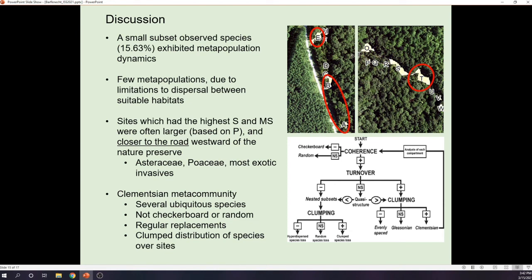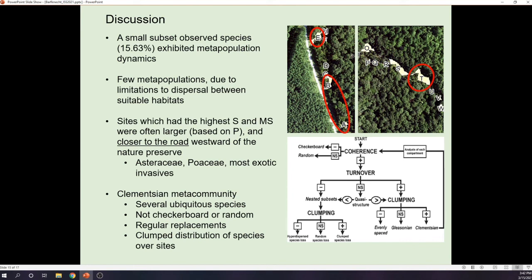And since there are so few species that exhibit metapopulation dynamics, this might be due to the fact that the adjacent hardwood forest matrix greatly limits the dispersal ability of these sites, and the relative distance between suitable sites for certain species is quite distance intensive for them to be able to spread without the aid of some kind of reliable pollination or dispersal